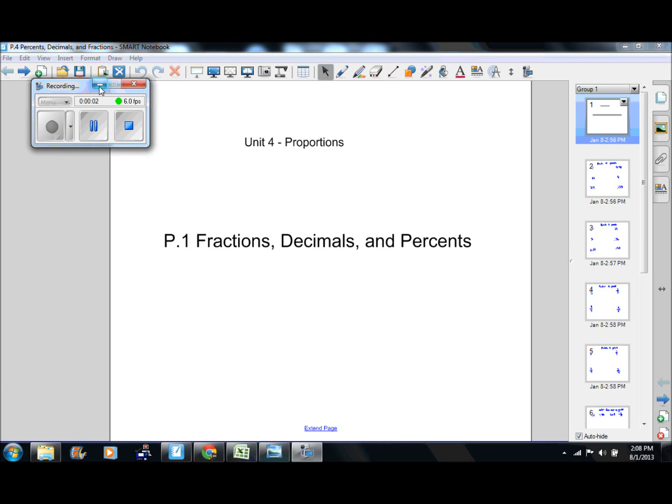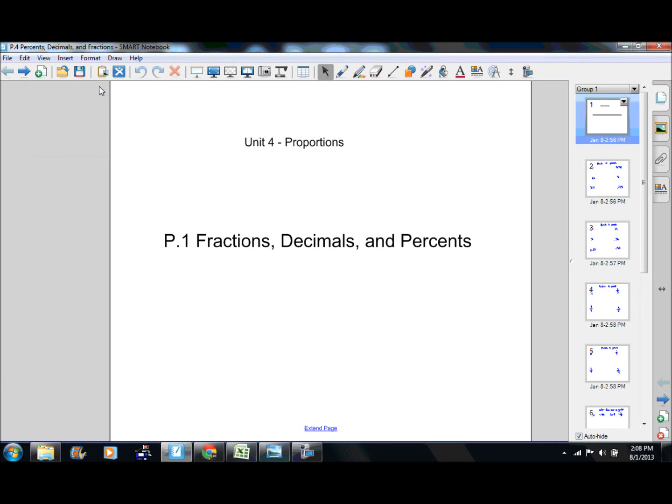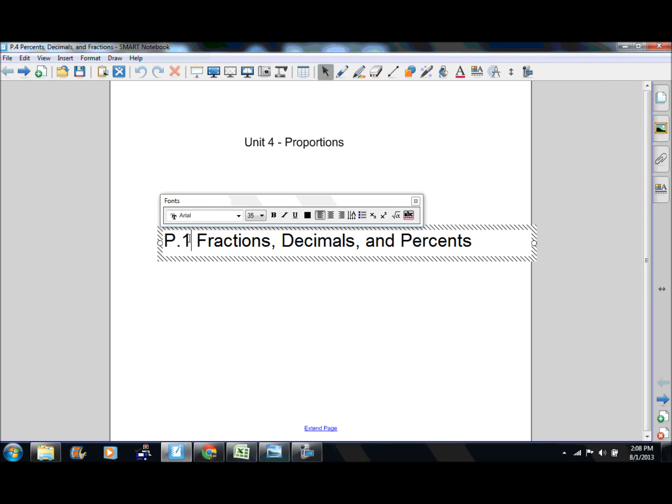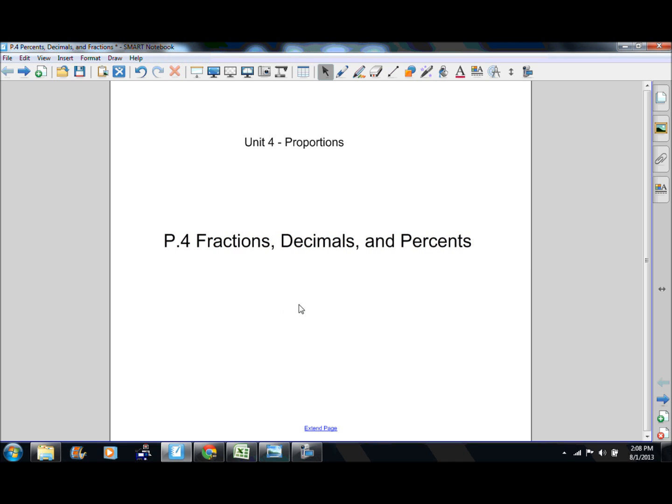All right, I have some good news. When we're working on fractions, decimals, and percents, and this is actually a typo, this should be p.4, you are allowed to use calculators on the next three sections. So p.4 through p.6, you will be able to use calculators. And obviously on the quiz and the test, you'll be allowed to use those as well. All right, so